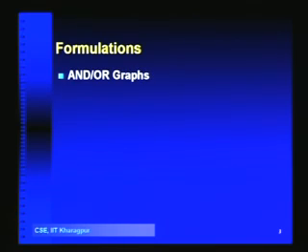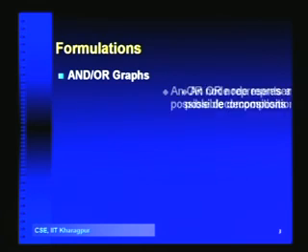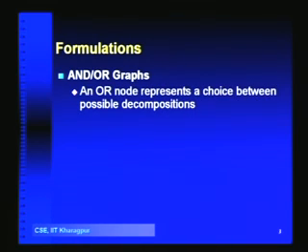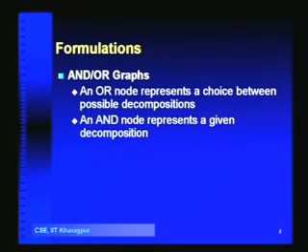So, let us see how we create a formulation of the problem reduction search problem. We will have an AND OR graph where an OR node represents a choice between possible decompositions. So, there can be more than one decomposition, and we will use an OR node to choose between possible decompositions. I will give you a concrete example of what I mean by this. And we will have AND nodes which represent a given decomposition, right. So, if you have an OR node, then you have to solve any one of its successors. If you have an AND node, you have to solve all its successors. So, AND nodes are actually the decompositions, and OR nodes will represent the choice between different decompositions. We will come to examples which will clarify this,